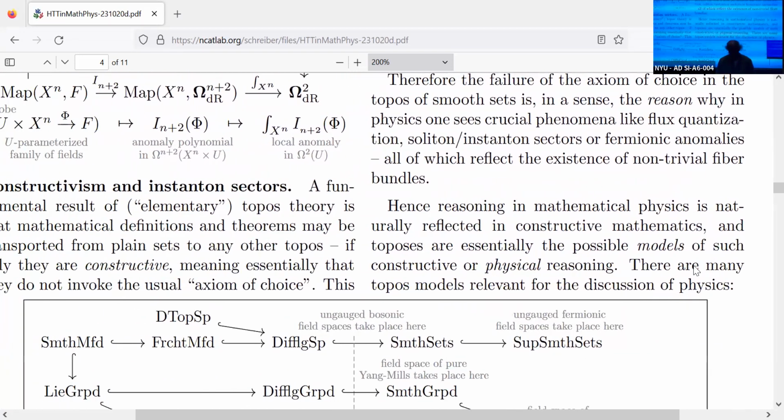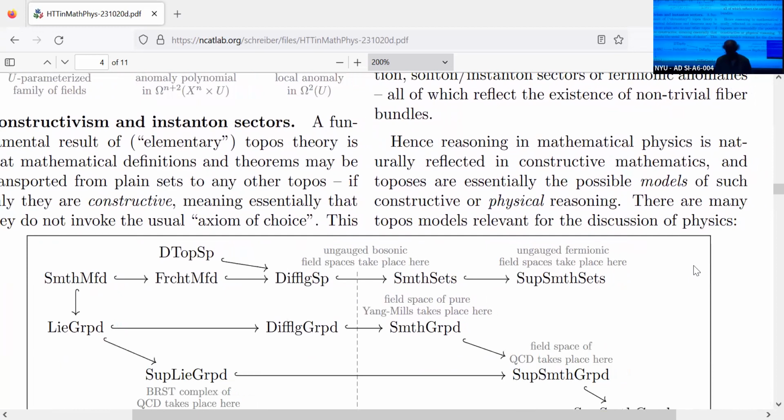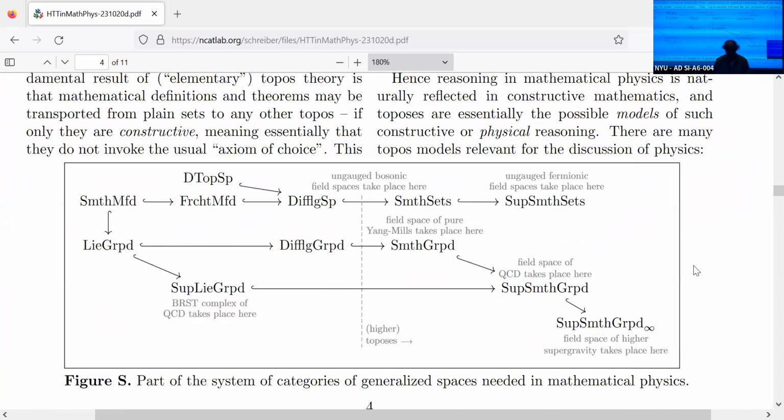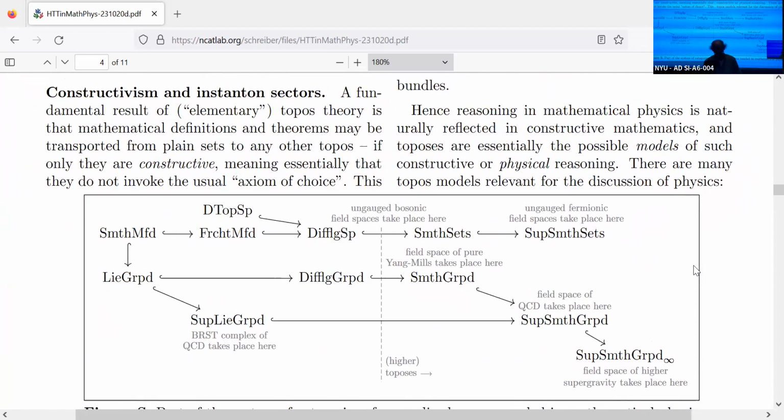And so the idea is that now you want to ask, what are models of math? What are topoi, places where math can take place, where we don't assume the axiom of choice? And these are toposes. I guess I'm out of time already. How does it work? We will now build a system of ever more generalized categories of physical spaces, which eventually all become toposes after this line here, or higher toposes, inside which, as these gray